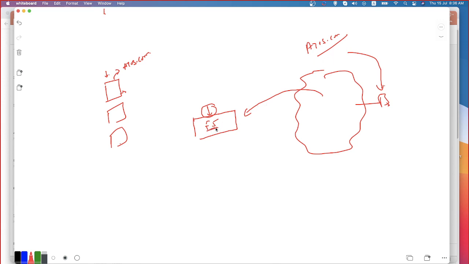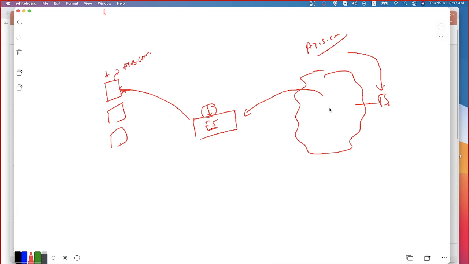Now the FI has the responsibility. I'm least bothered about the routing on the internet. Somehow the packet will come to your FI device. Now the FI device takes the responsibility of collecting the request from the client, and then according to certain intelligence we have fed to the device, the traffic is going to be redirected to the respective servers. Of course, I have multiple servers. One of the servers will be chosen based on the load, or based on the response time, or based on the freeness. It purely depends. We will see those things later.